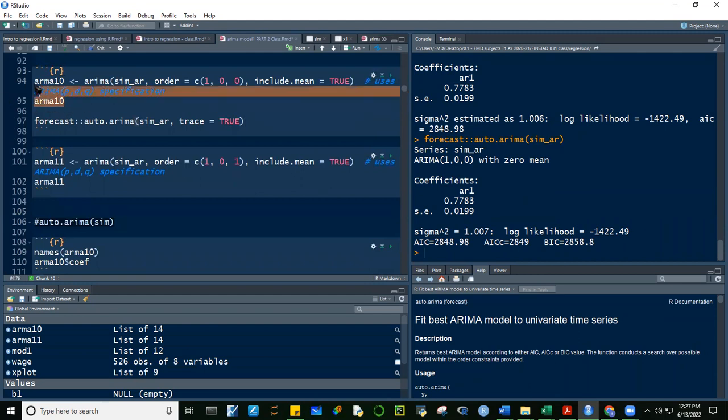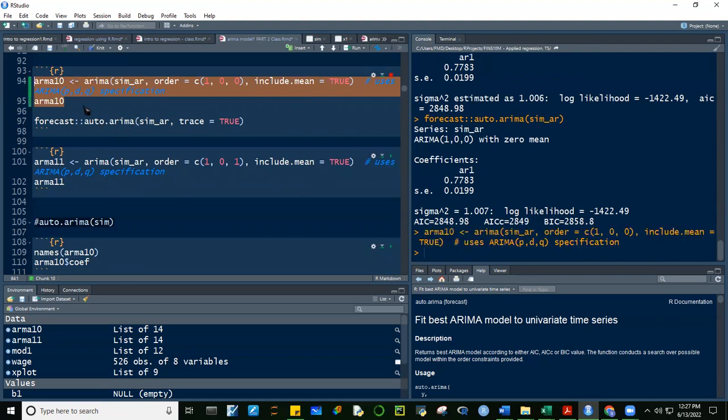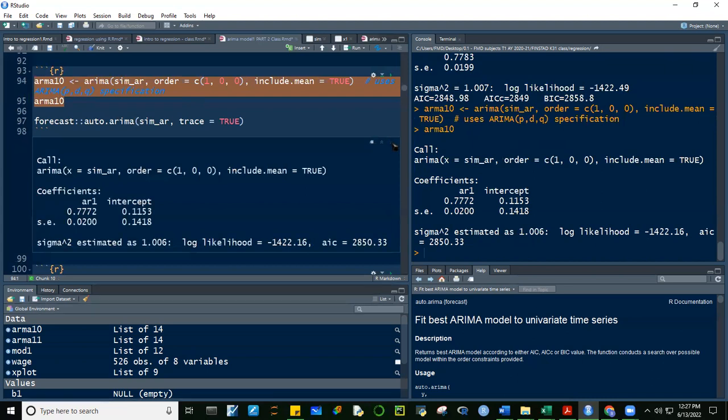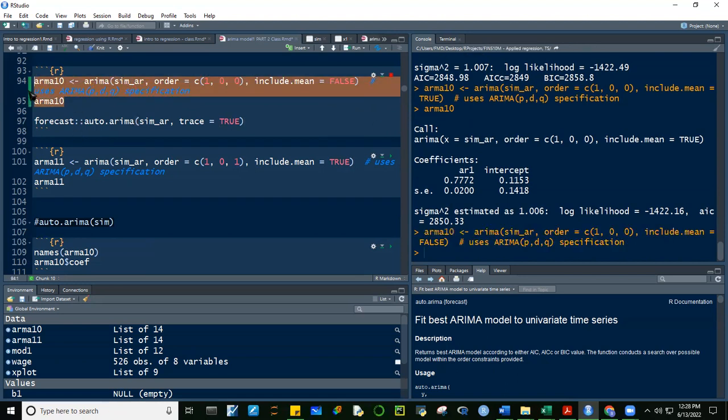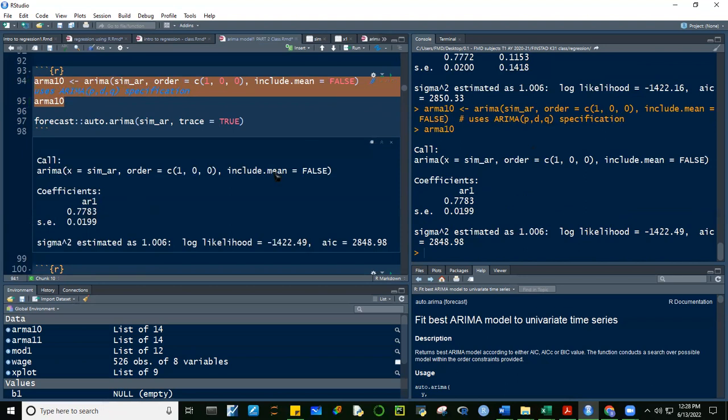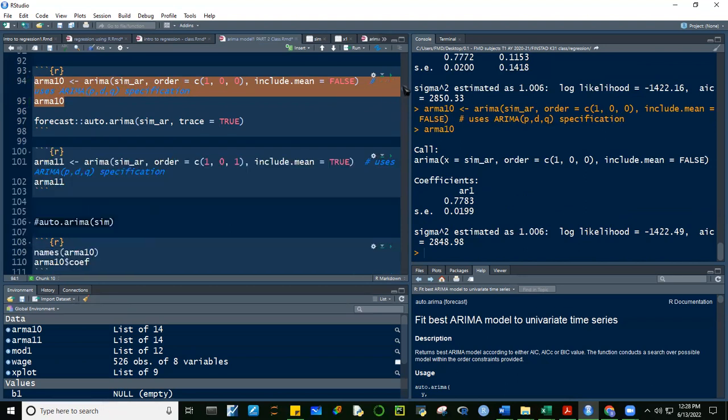Okay, let me run that. Okay, include is equal to, sabi natin, di ba? Include is equal to false. Ito yung pinakamagandang model. So hindi tayo magsasama ng mean. Ito siya. Alright, so that's our model, di ba?